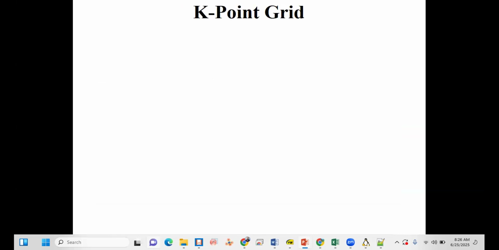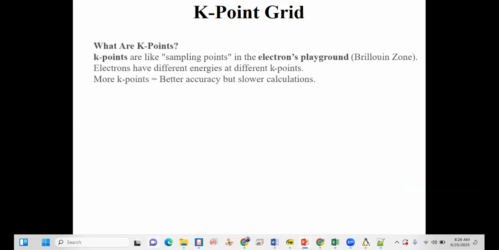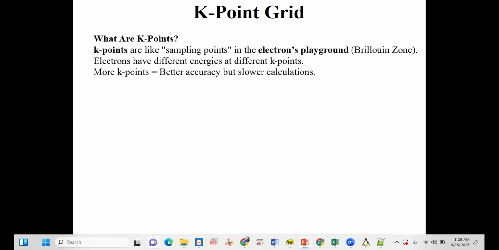So the next is the K-point grid. First of all, we must know about the K-point grid. What are K-points? They are like sampling points in the electrons' playground. If there is a playground of electrons, we sample some points, check how much electron density is there, and on the basis of that we calculate the electron densities.